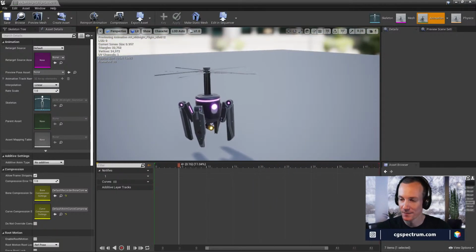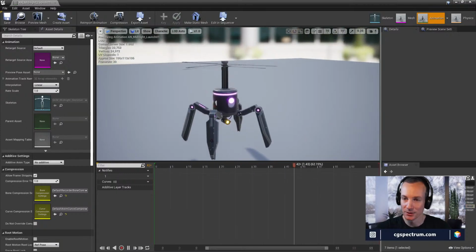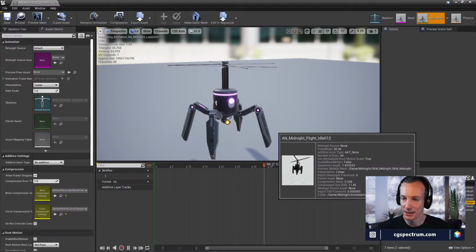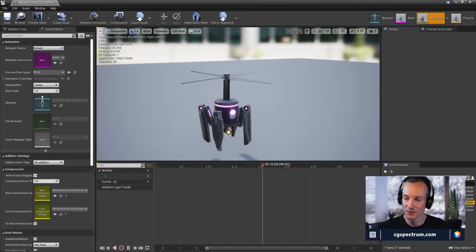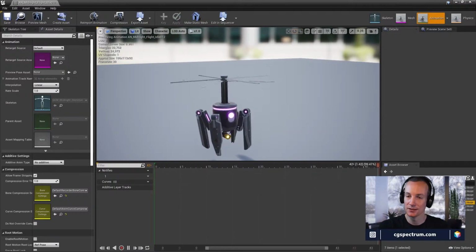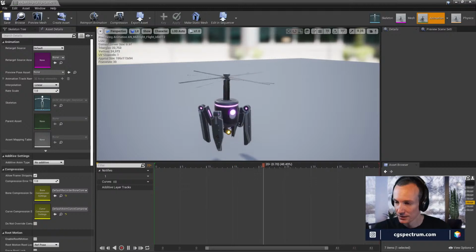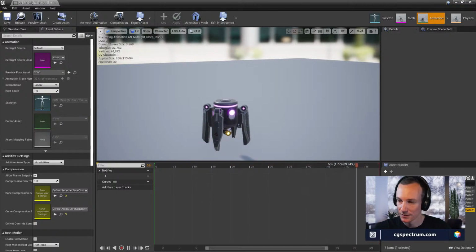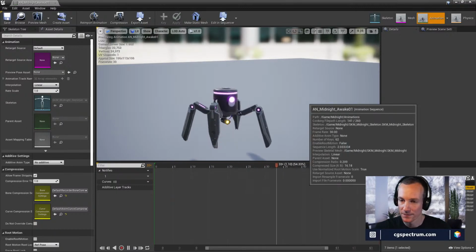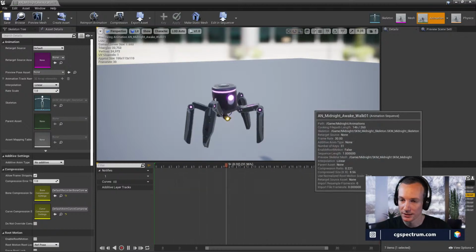You've got to really see what it looks like in game before you can be too picky about your looks. And then the other one we have is our launch animation, which we can get before it goes into the flight, and then it'll just blend, with a blend space, into the flying, which should work pretty good. So you go from a sleeping idle to a wake to a walk.